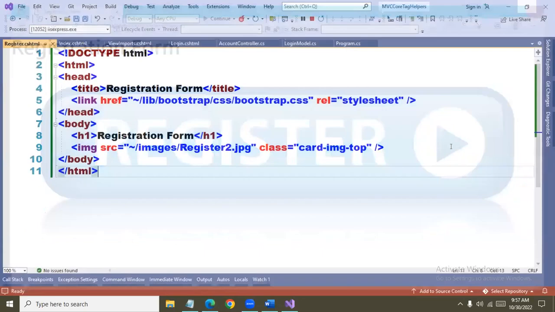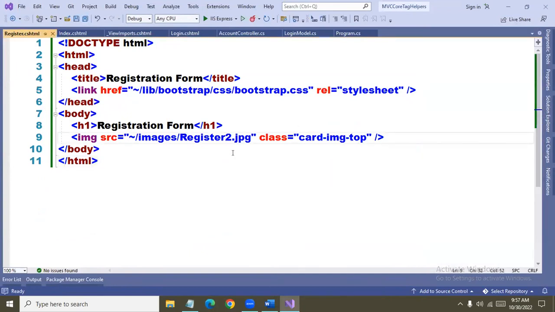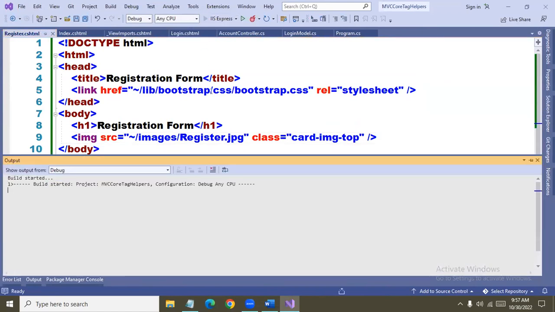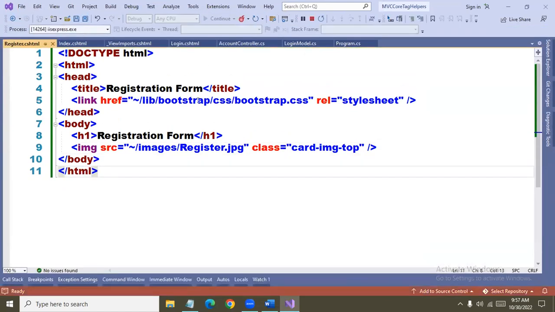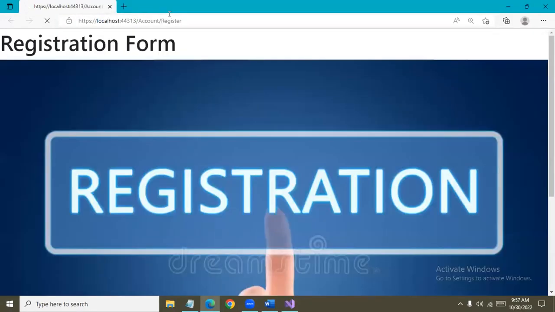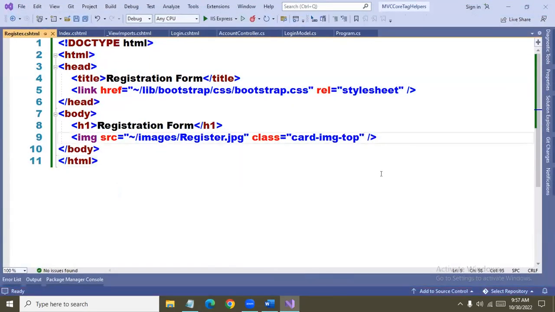But in ASP.NET Core MVC, tag helpers give you a beautiful option. What is that option? I'll tell you. I'm changing the name back to register. I changed the name back to register, but when I run this and observe, I will see the old image, but not the new image. To resolve this particular problem, we are provided with an attribute called asp-